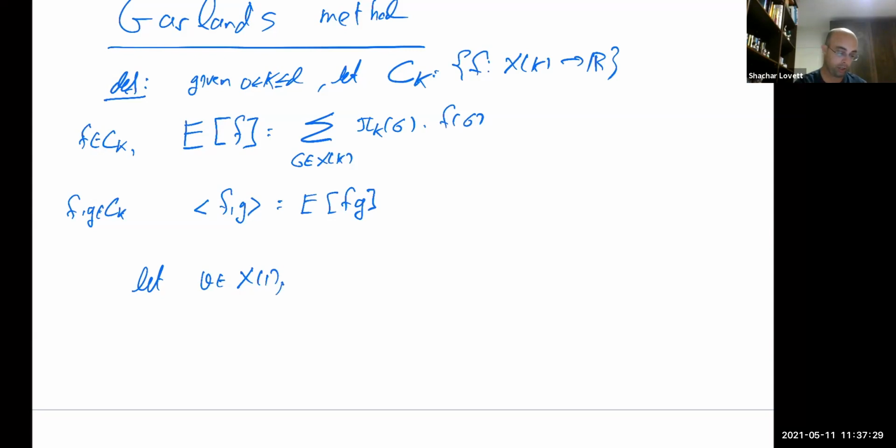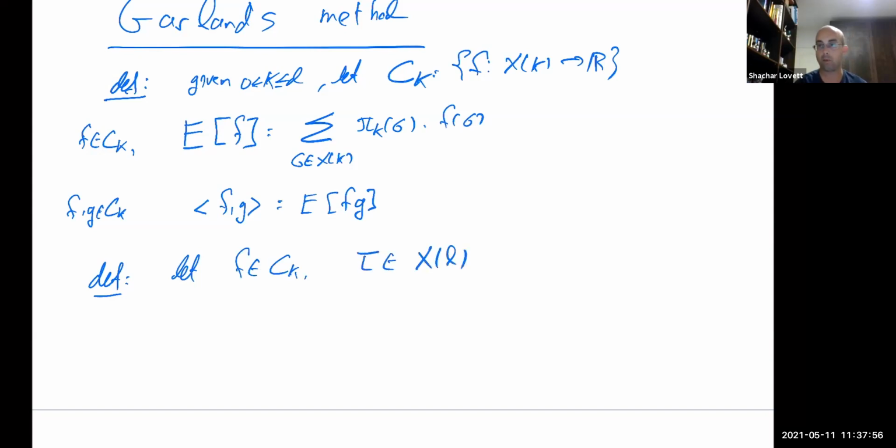Let me define the notion of localization in a more general way. We need to apply it for X1 here, but let me define it more generally. Another definition: let f be a function in Ck and tau be some face in Xl. Could be the same level, could be different. So the localization